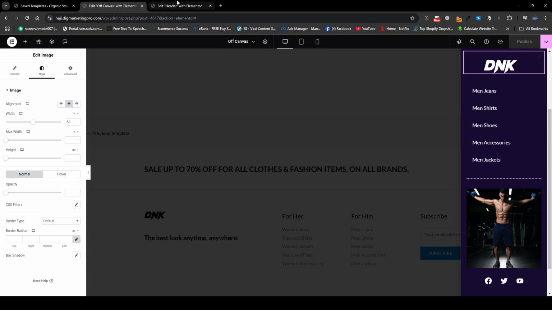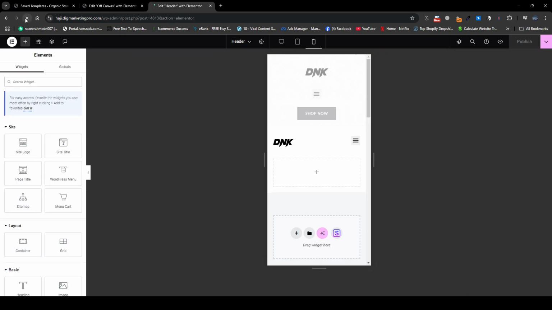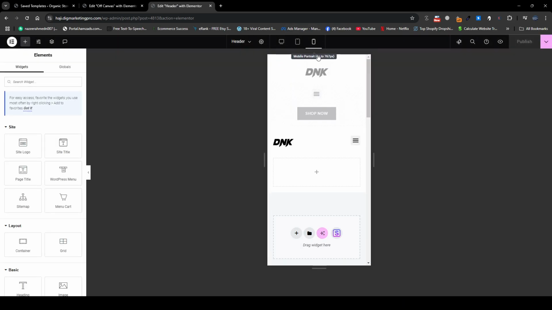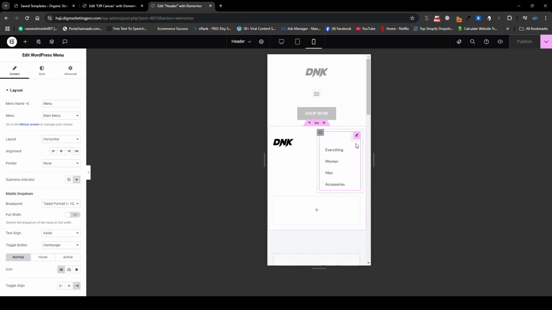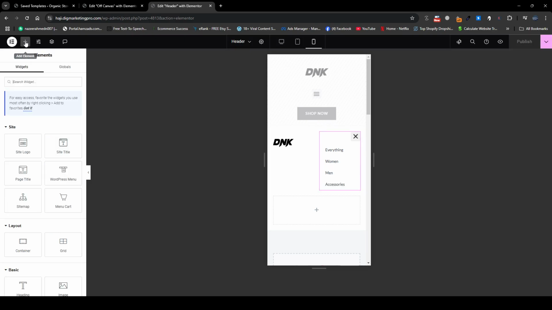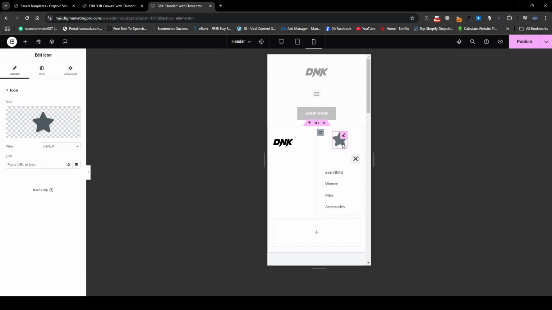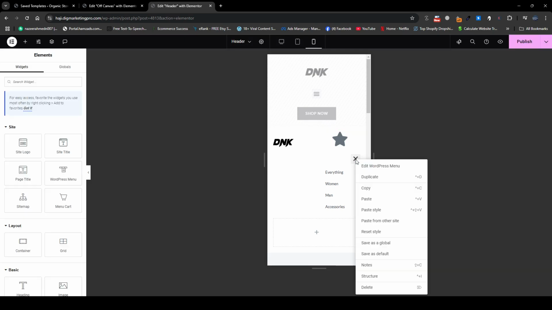just click on save and close. So now let me refresh this again here, and because we have updated this section, that's why we need to update this as well. And now let me go to the mobile layout. Here it is, and you can see our menu looks simple, and I just want to search for an icon, and I will insert an icon here. And I will remove this section from here.